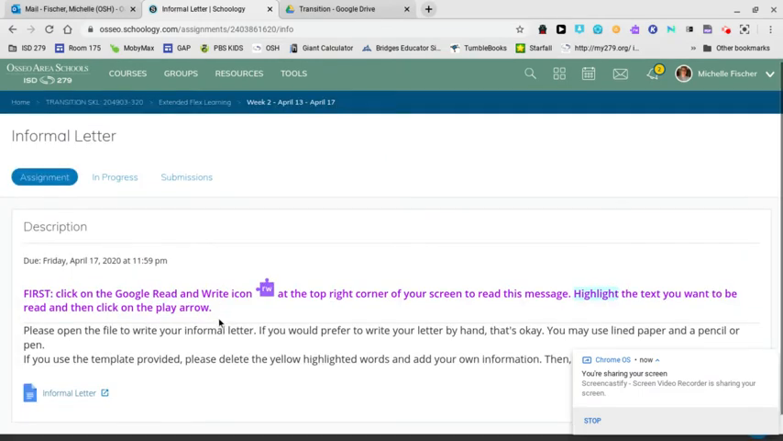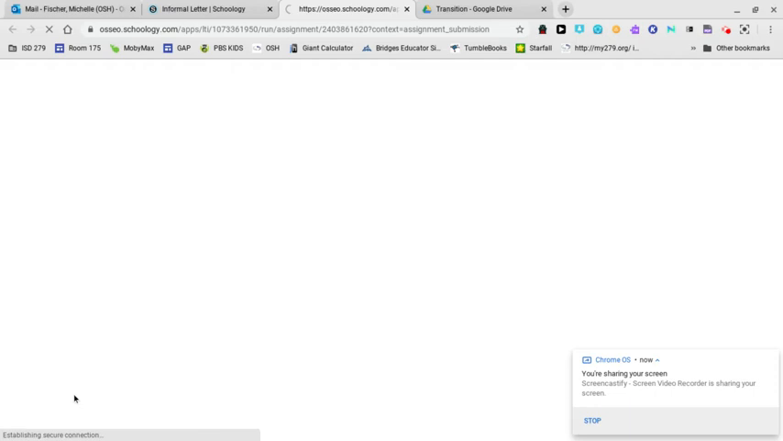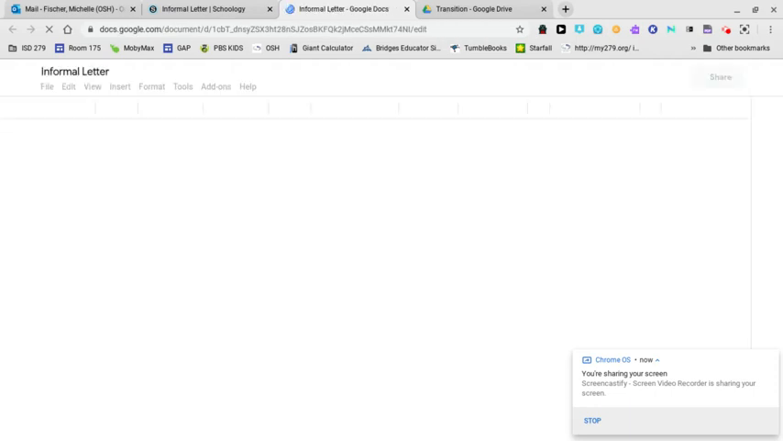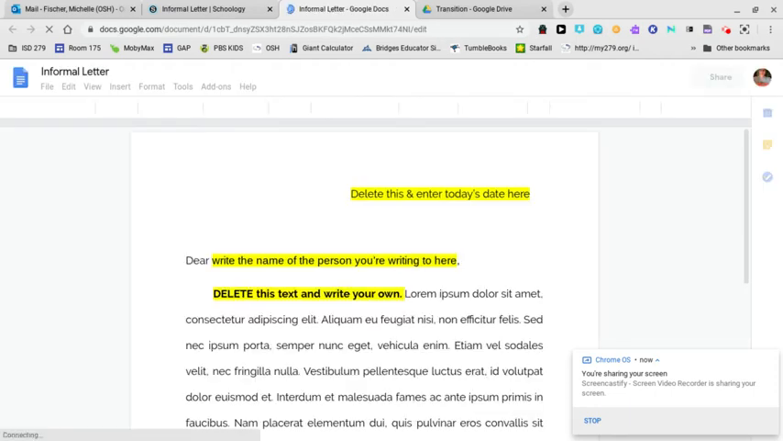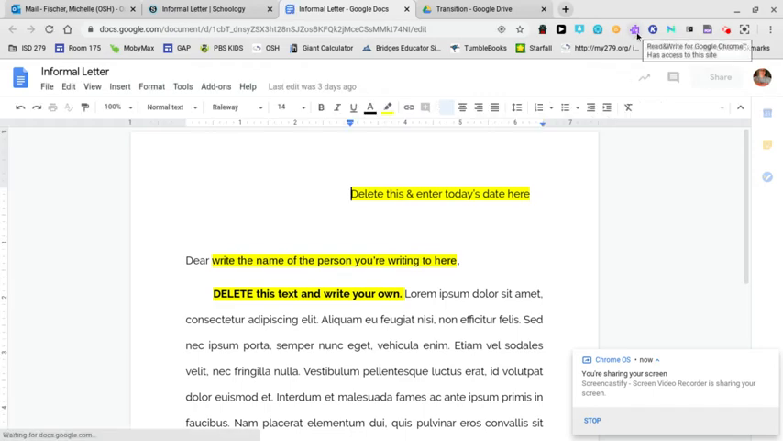And down here it says there's a Google Doc that you can edit. It's called Informal Letter. I'm going to click on this link and it opens up in your Google Drive. If I go up here to the upper right-hand corner of my screen and click on the purple icon that's for Google Read and Write,